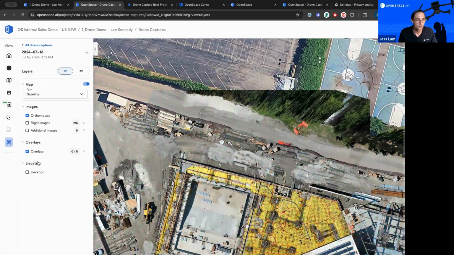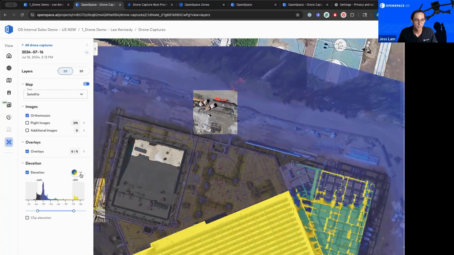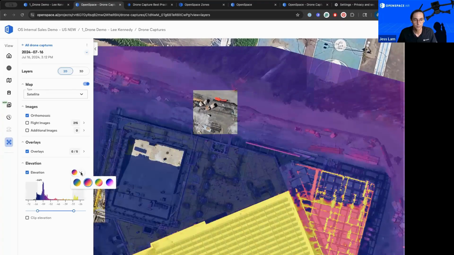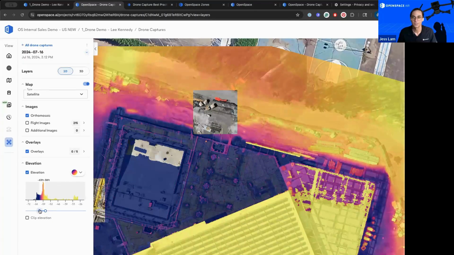And lastly, on the 2D side of things, even though it is 3D data, we have the elevation model. Over here, you can select different color palettes to provide a little more contrast, and you can also drill into specific elevation ranges. We showed this on site to a senior superintendent, and right away it clicked because they were in the earthworks phase, but they were starting to think through how they were going to be draining water in